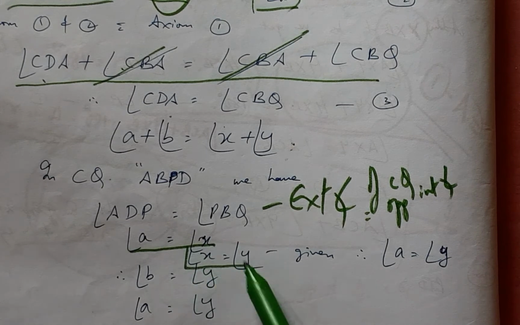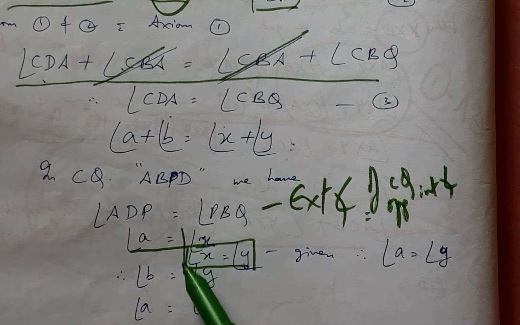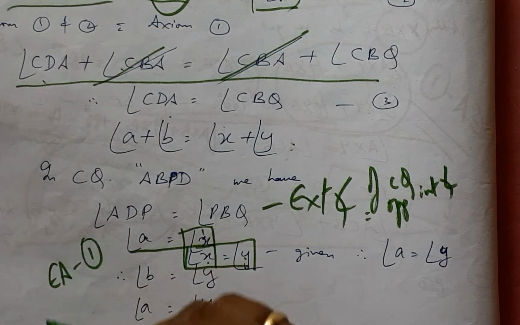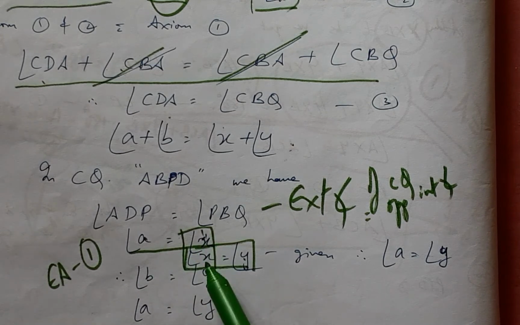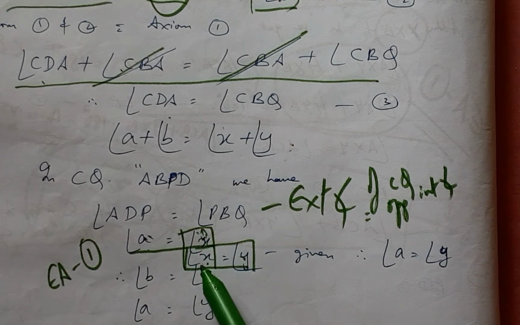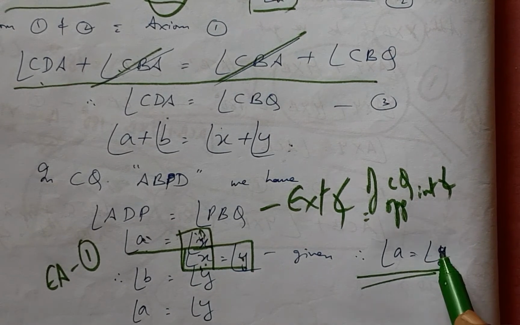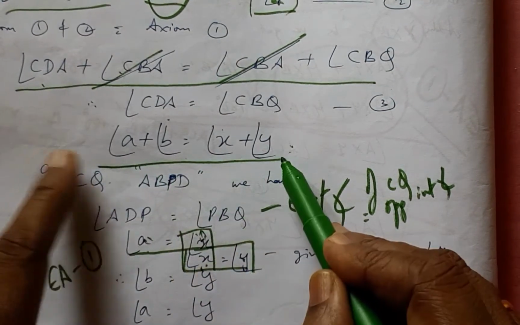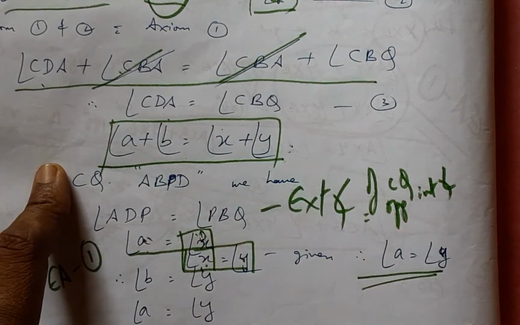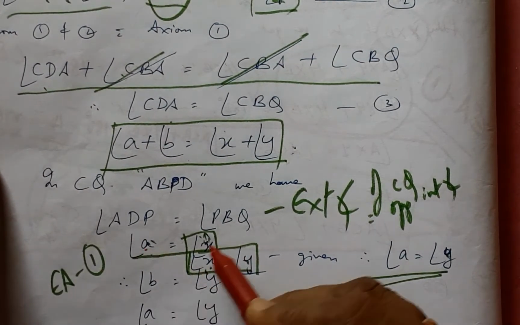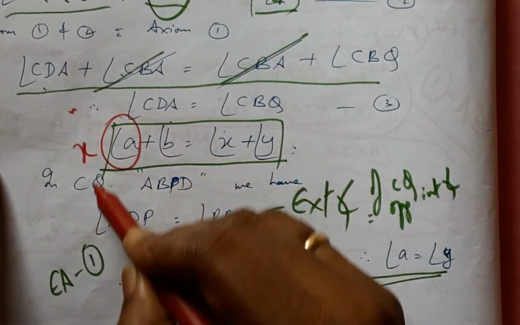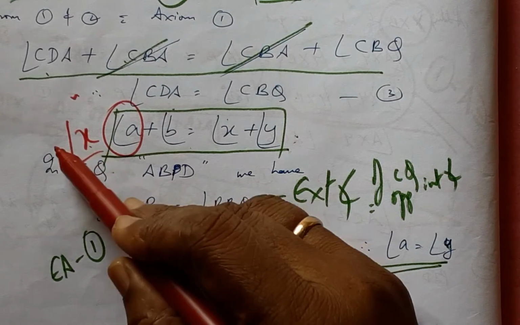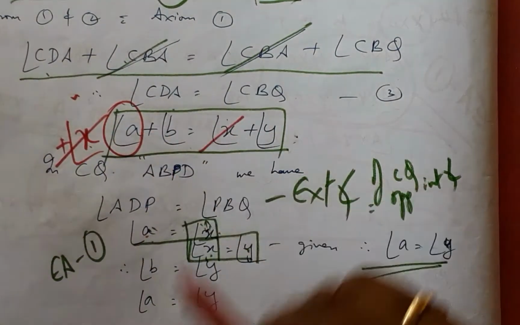In the problem itself, it has been given that X is equal to Y. Now as you can see, Euclid's axiom 1 is in operation again: things which are equal to the same thing are equal to one another, therefore A equals Y. And now we also know that it is established that A plus B equals X plus Y, and since A equals X, if I replace this value with X, we have X plus B; once replaced, if this goes this way, the positive becomes negative and this gets cut, and therefore B